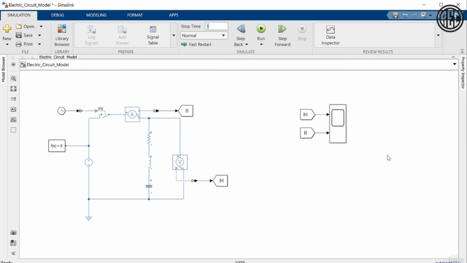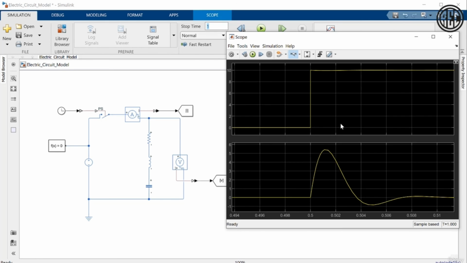All right, so basically what I wanted to show you here is, again, that when you're trying to simulate things using Simulink, first it's helpful to just have some theoretical background of what you would expect to see from the simulation, and then you can see if the simulation matches that. In this case, it did. Basically, the transient response of the current looks just like we were expecting from the second order